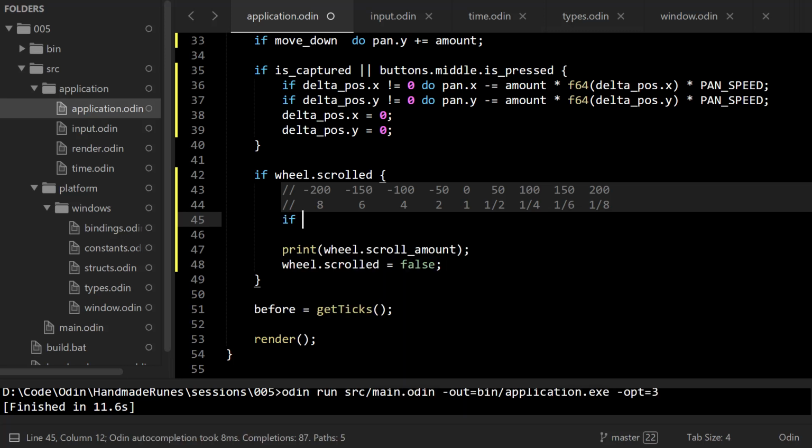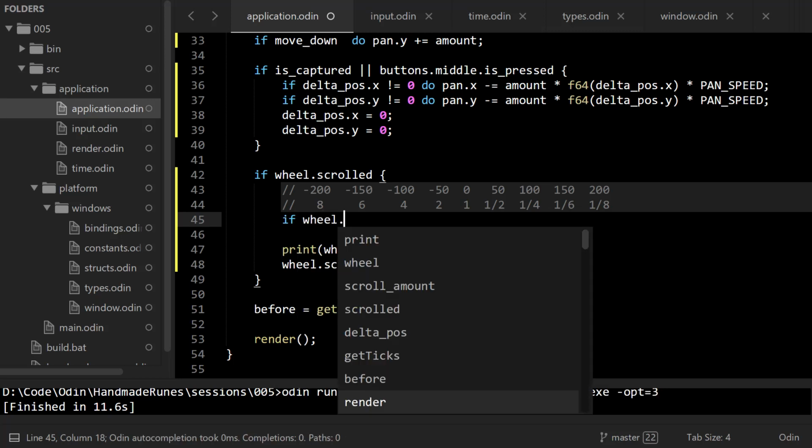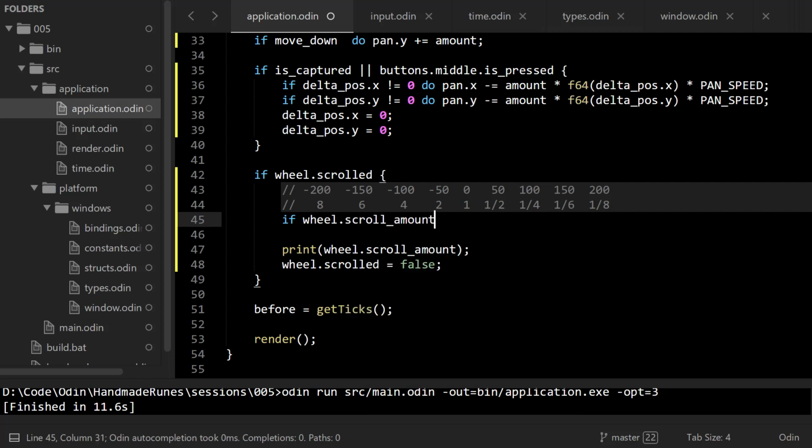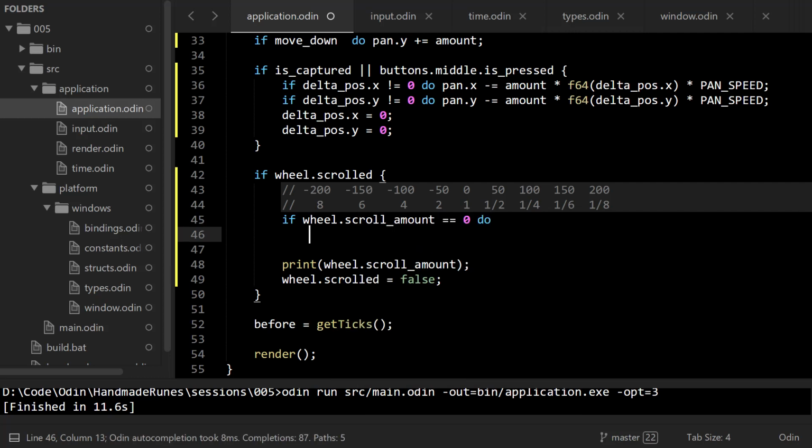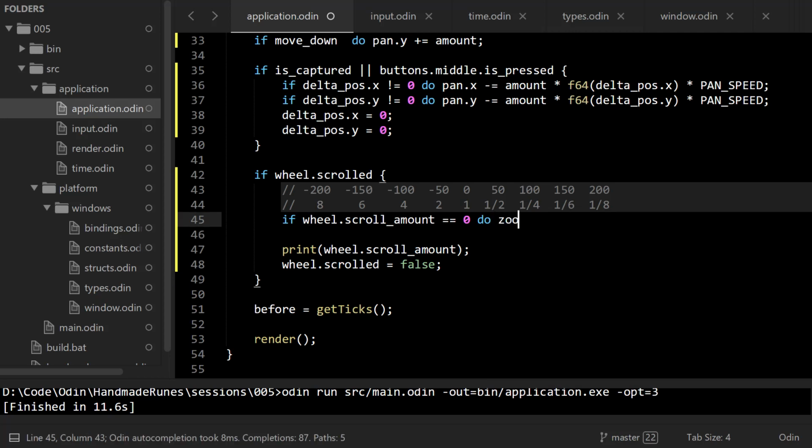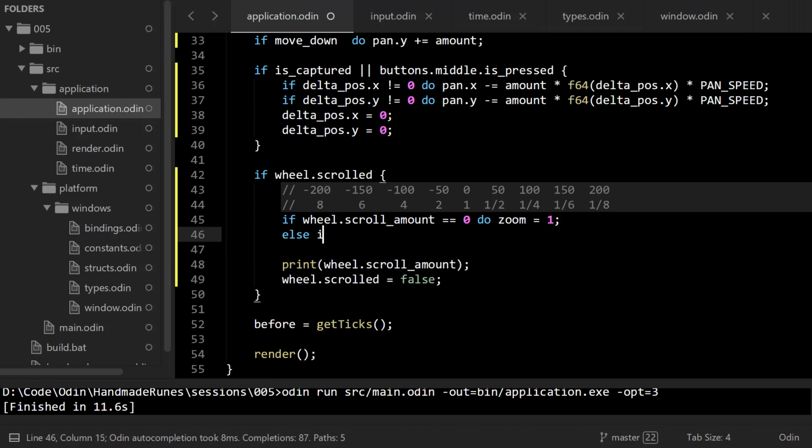So first of all, if will scroll amount is going to be equal to 0, we want our zoom to equal 1. Else, if the will scroll is greater than 0, we want to do